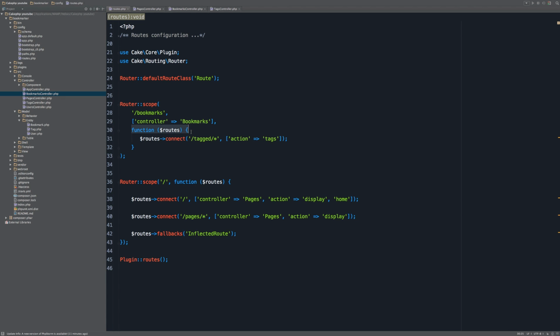The function takes in the routes here, and on the routes we call the connect method. Now the connect method defines which method we want to direct the request to. And we say if you write /tagged and then /anything, this means anything, then we want you to go into the action named tags. So if you go and you write something like